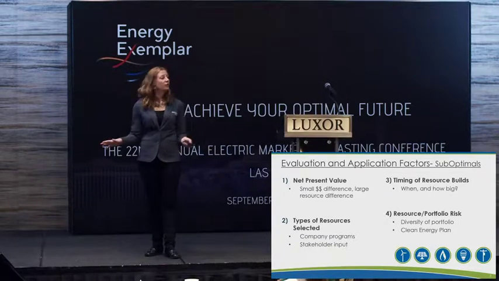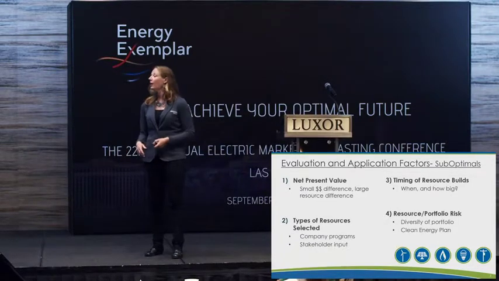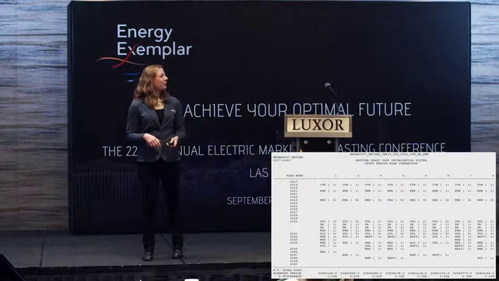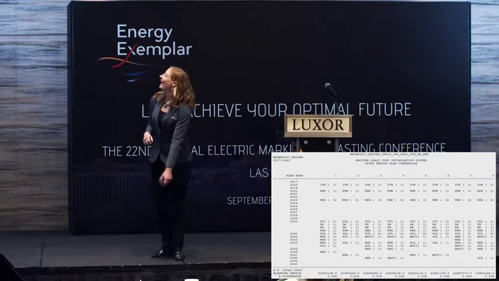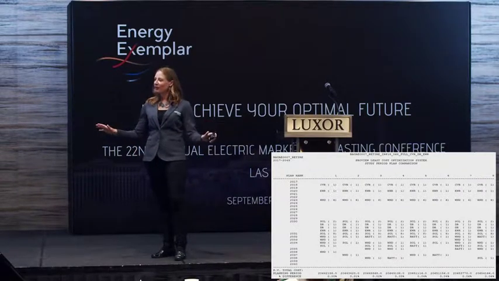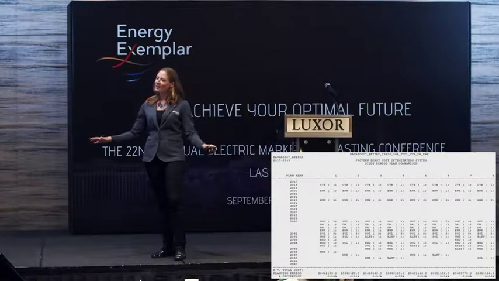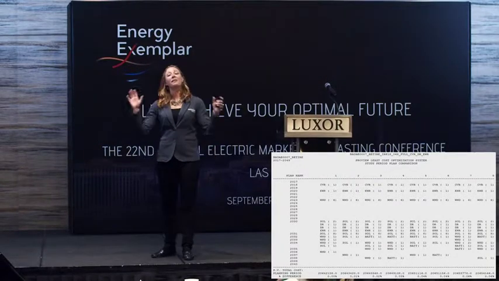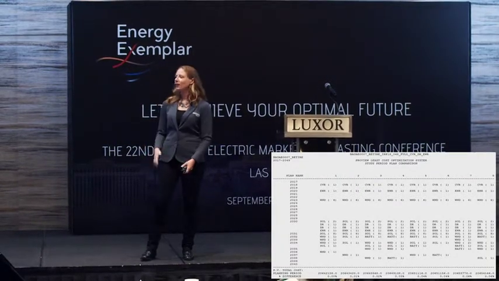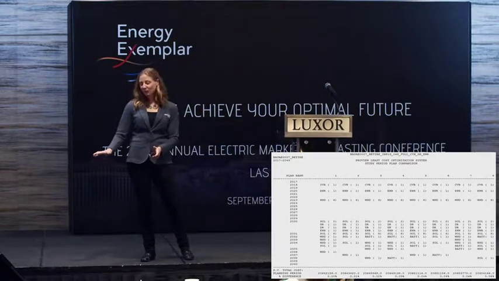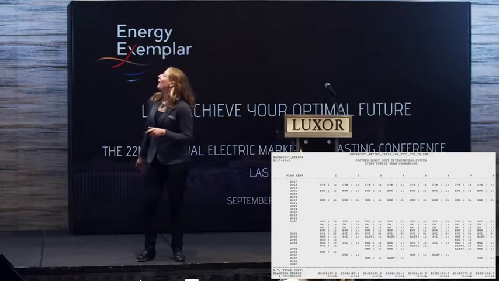All right, so let's look at an example. Oh my God, what are we looking at? I thought we were at an Aurora conference. All right, so again, I have to qualify, we did use Strategist for our 2018 IRP. That means I have to use a Strategist example. I'm going to go through this as quickly as possible before I get booed off the stage for using Strategist